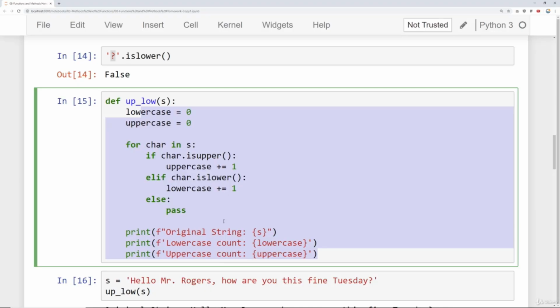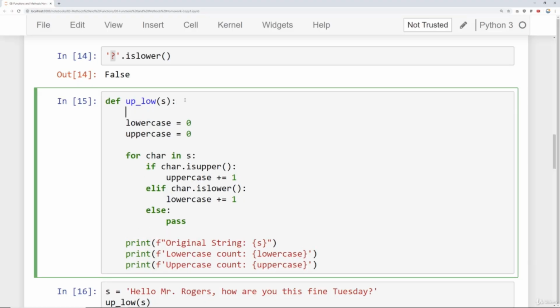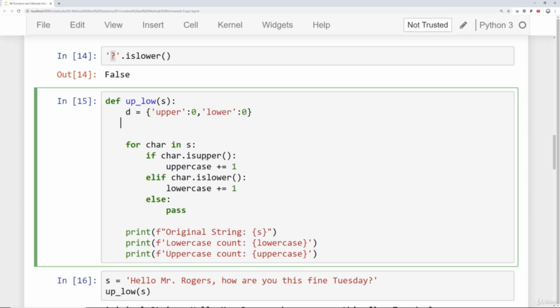Now I mentioned you could also do this with a dictionary. If you're dealing with lots of things to keep track of, it might be helpful that instead of all these being separate variables, you just transform this into a dictionary instead. So what I mean by that is setting up a dictionary, so we'll just call it dictionary D, that happens to have key values. So we'll say upper 0, lower 0, and then instead of having lowercase and uppercase here, we simply take the count at that key. So we'll say D upper